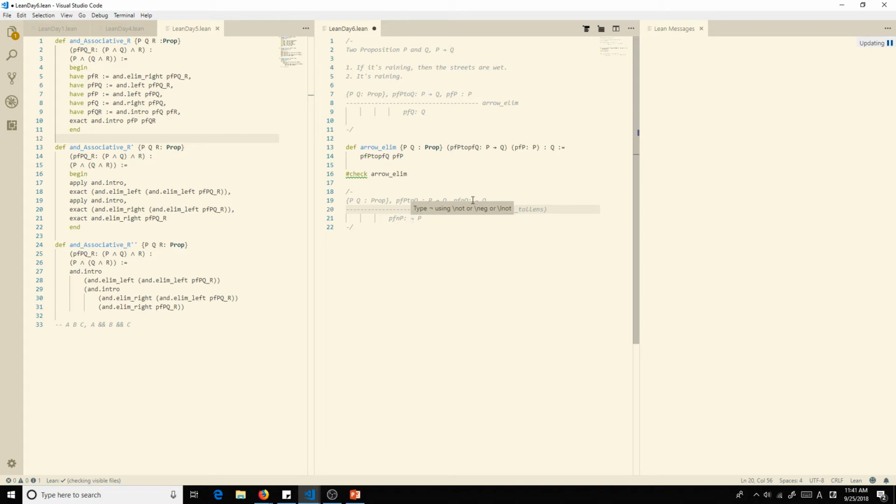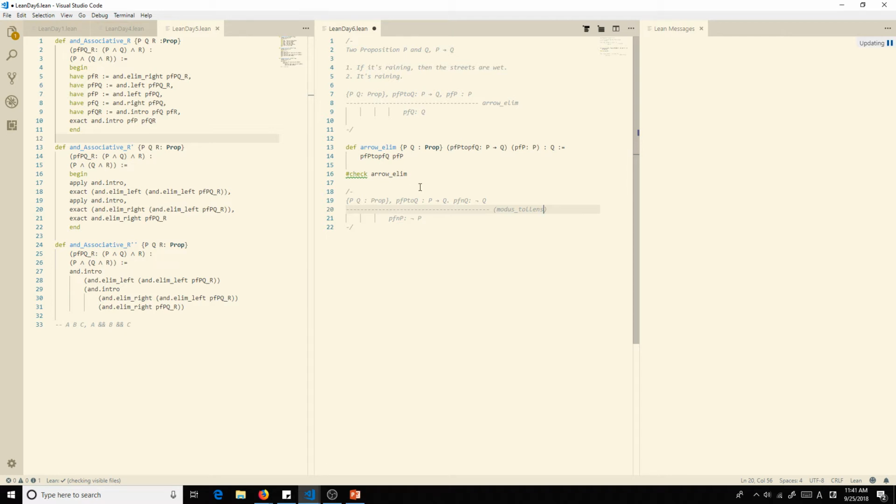And this basically is flipping it. So we know that if we have P implies Q, that doesn't necessarily mean that Q implies P. But what you could do is basically not Q implies not P.